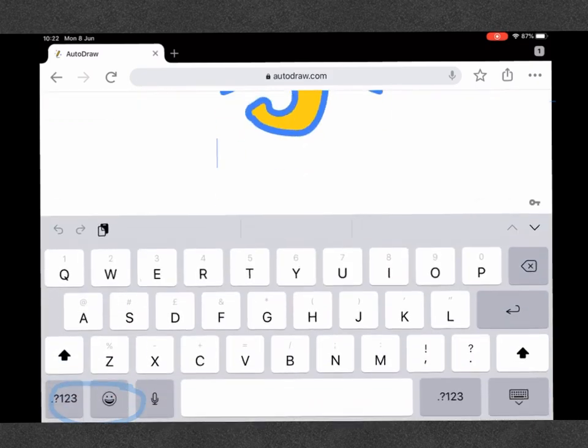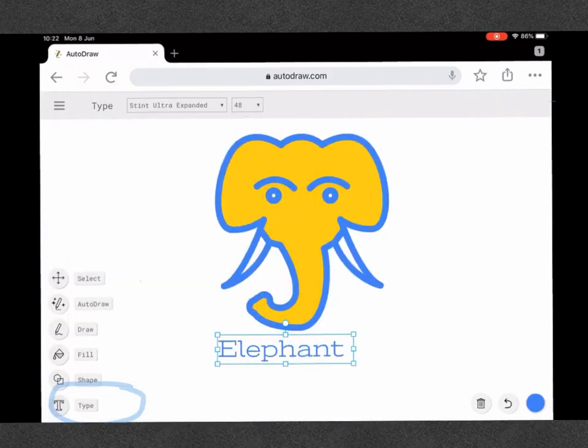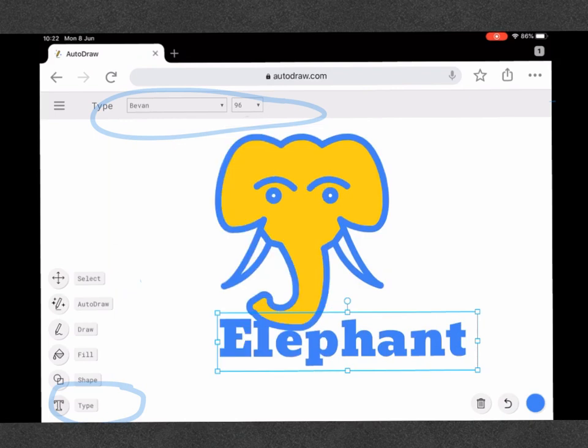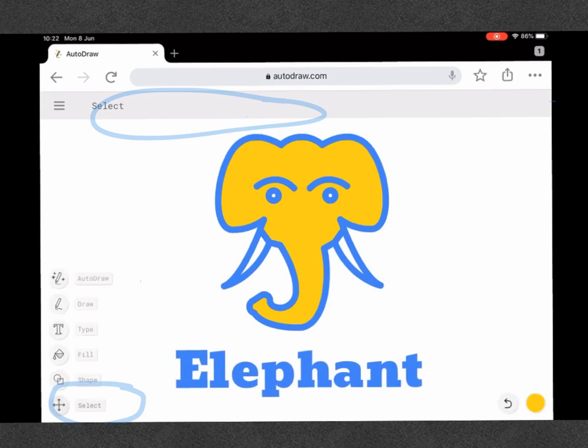Last of all, you can also add text. So I've selected the text tool, and at the top I have changed my font, and you can also change the size. I can also use the select tool again in the bottom left hand corner to move the text and just get it into the right position. And then last of all,